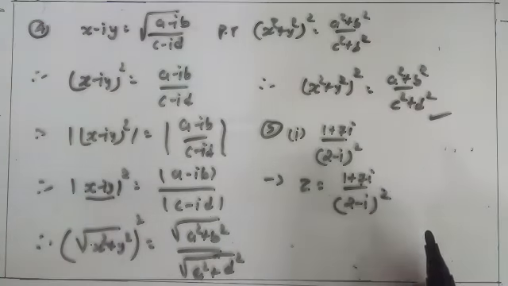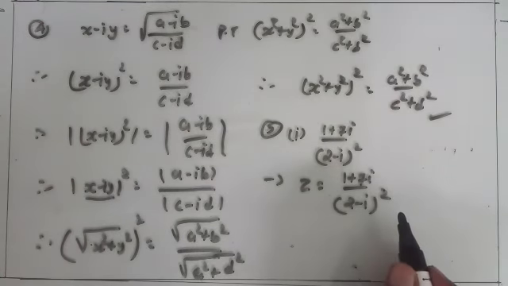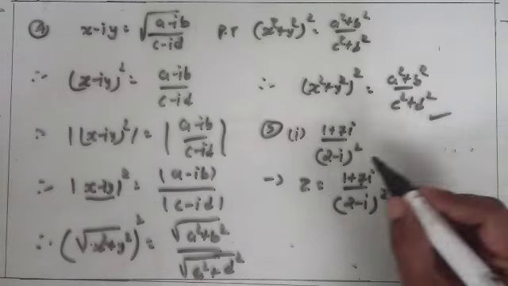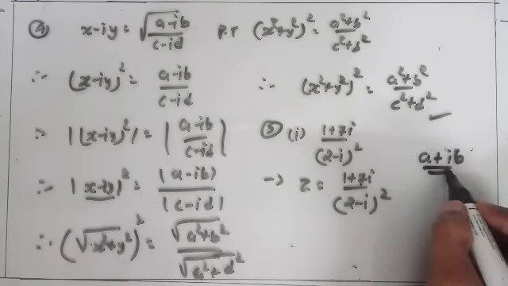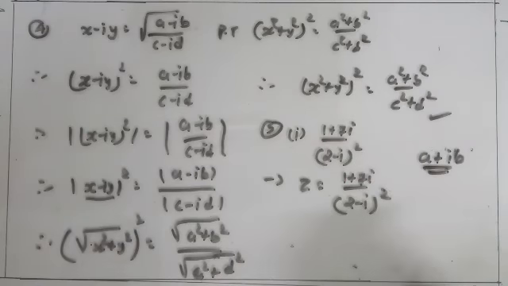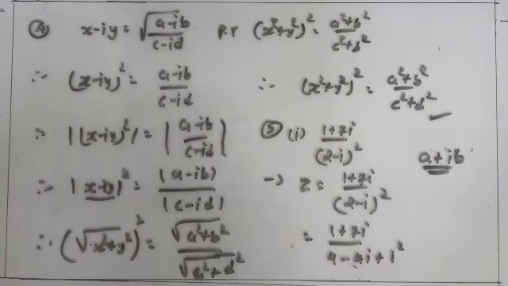Now we know that to change a given complex number into polar form, first we change it into standard form, a plus ib form. Then change this into polar form. For this, first we simplify these terms. 1 plus 7i upon the denominator (2 minus i) square. So 2 square is 4, minus 2 into 2, 4i, plus i square. I square is equal to minus 1, we know.